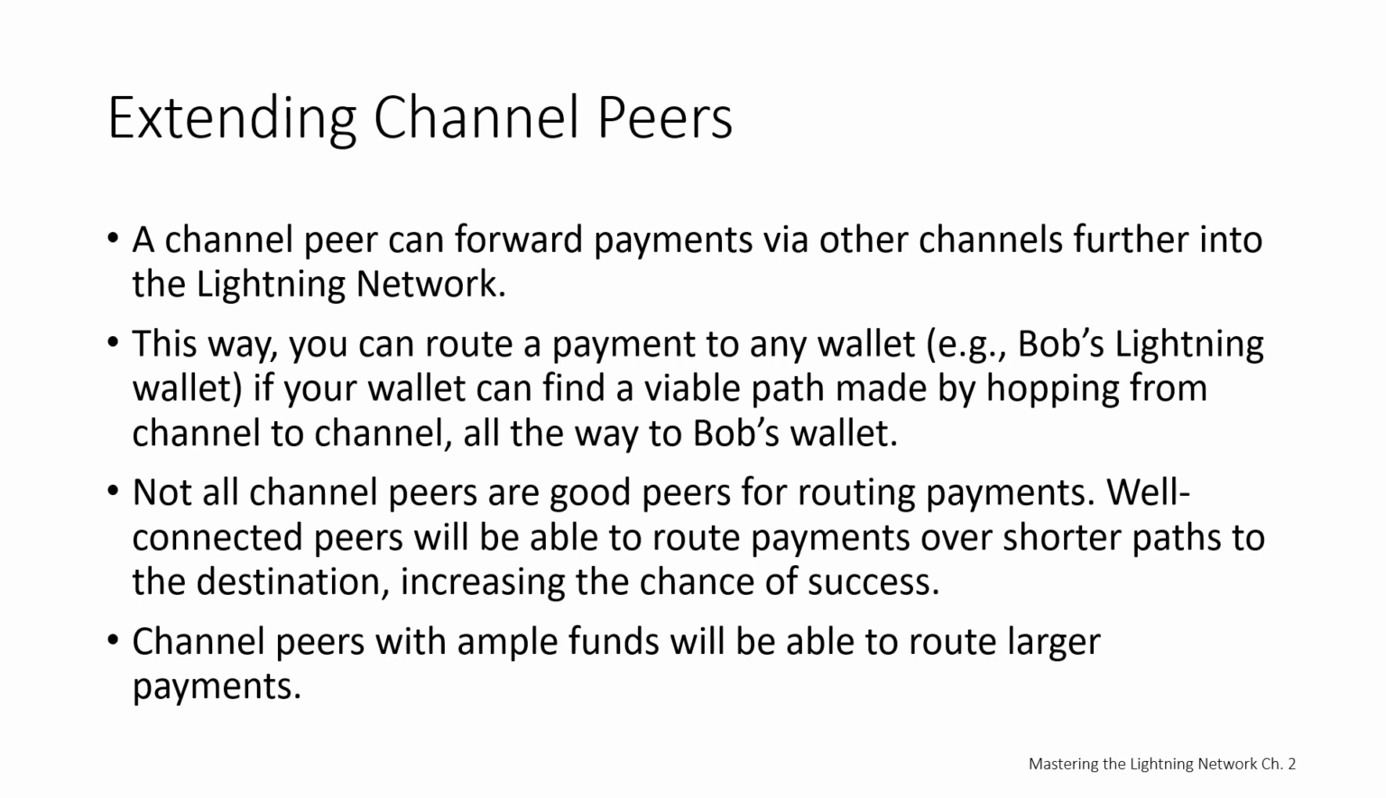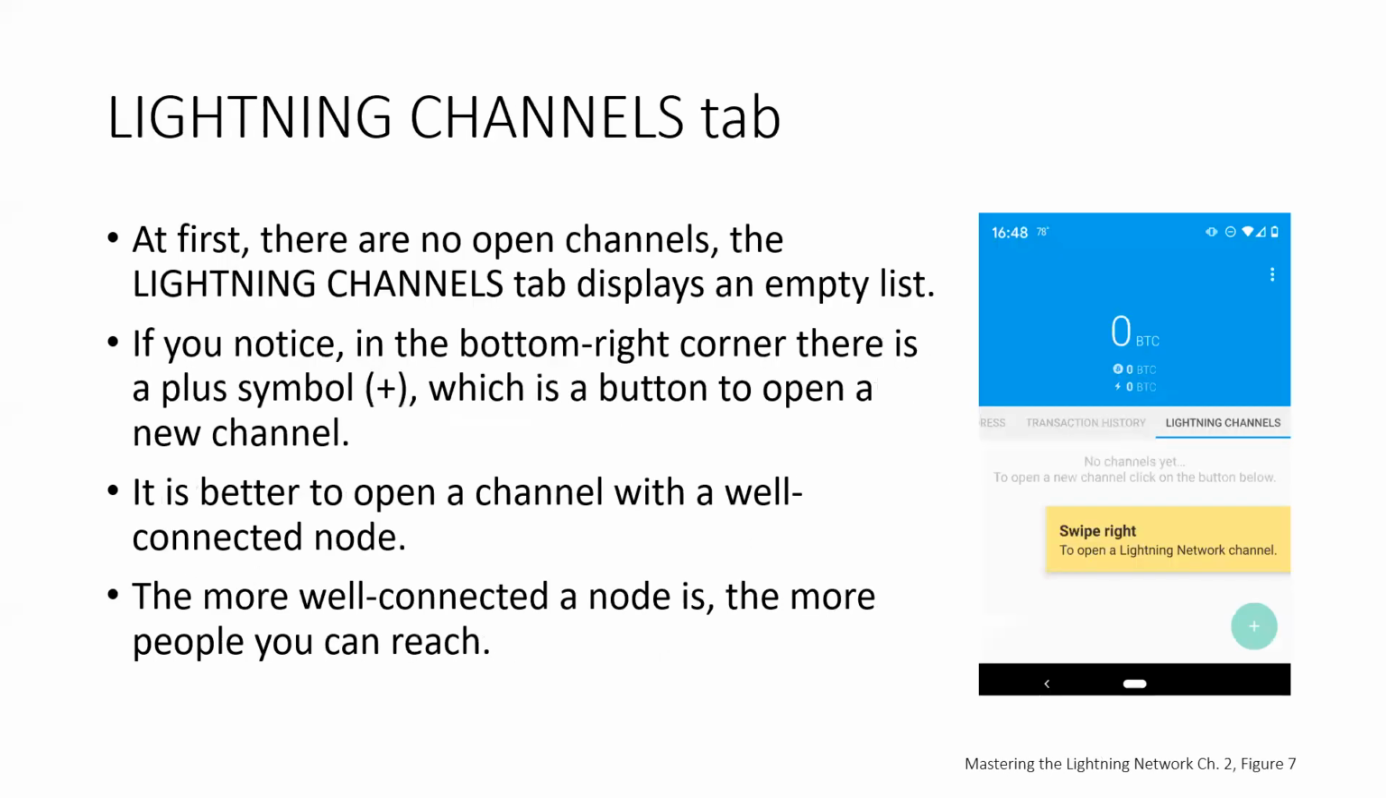Not all channel peers are good peers for routing payments. Well-connected peers will be able to route payments over shorter paths to the destination, increasing the chance of success. Channel peers with ample funds will be able to route larger payments. In other words, Alice needs one or more channels that connect to one or more other nodes of the Lightning